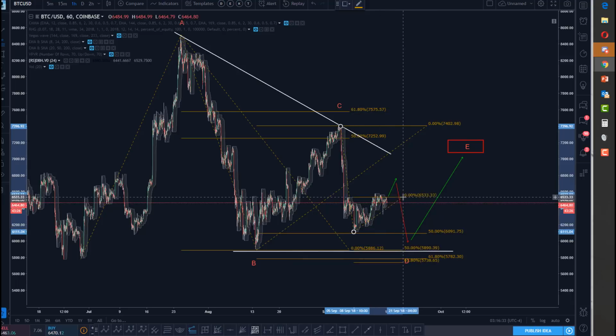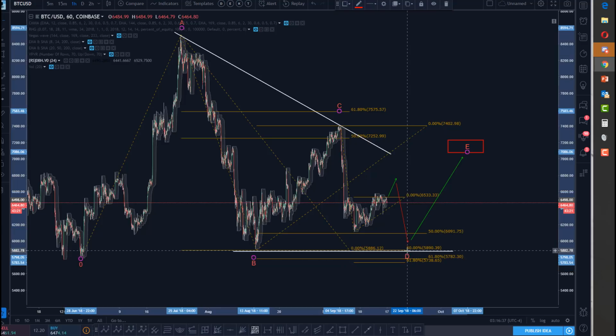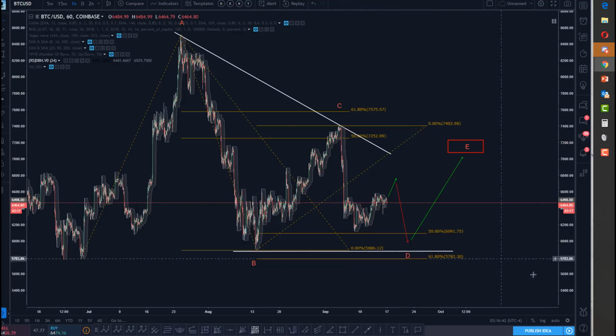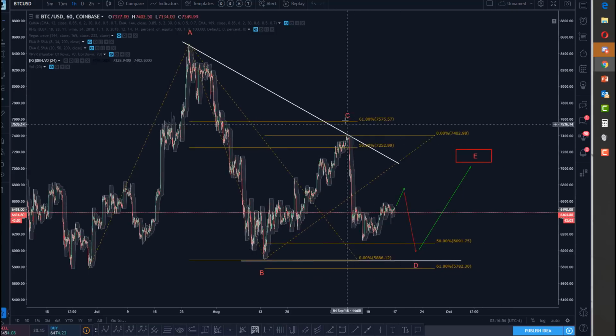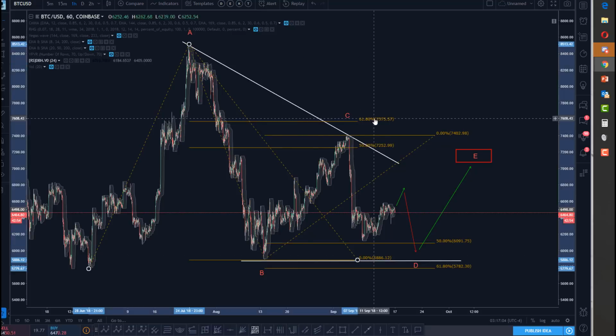Let's say it could go 50%, and the D would come in right here, like this, okay? And then it would go up for the E. Now, look, the A relative to the C here is a very clean, nearly 618. Splits the difference between 50 and the 618 as measured from here to here. See that?